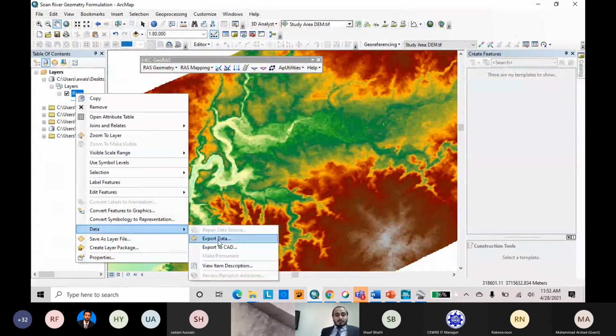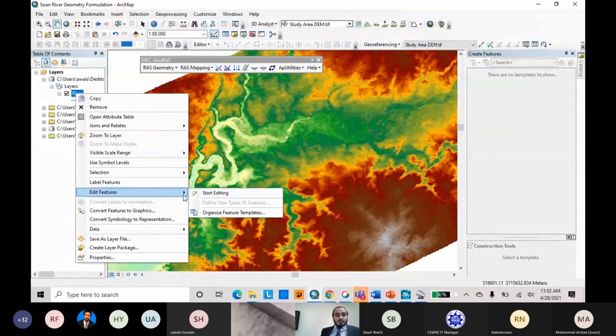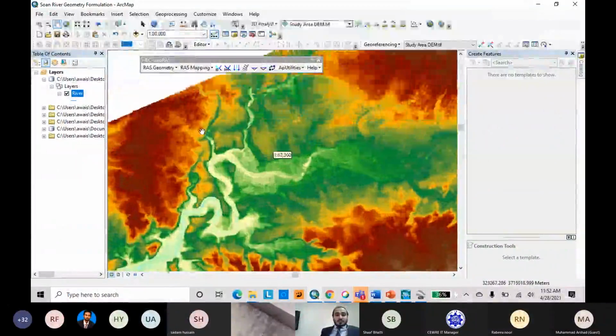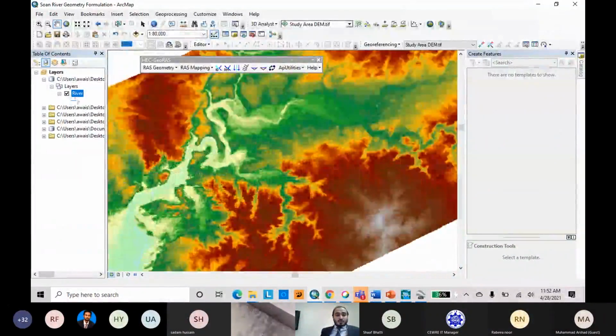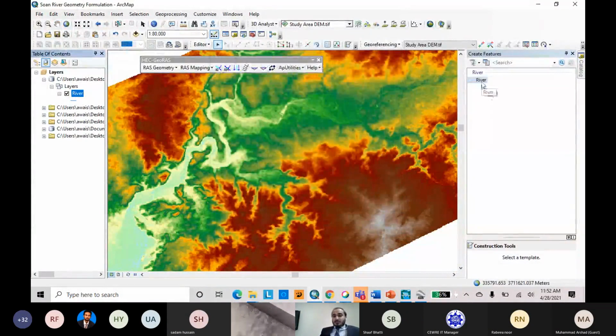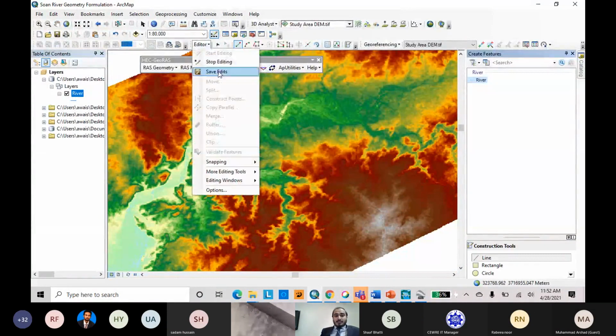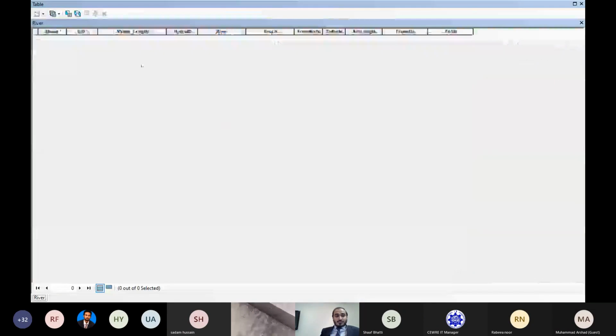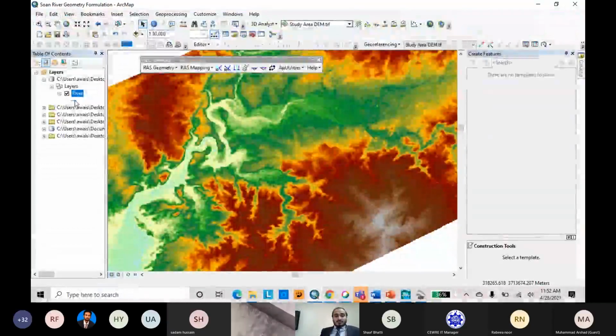Here first of all we will go to edit features. You can use it, or you have an extension up there, start editor, but I prefer to go with this option. Okay, stream layer, continue. This is the stream feature we are going to edit. You can see we do not have any attribute table. Let me stop first. You can see we do not have any input feature in the river layer, but after digitization and extraction you will see it.